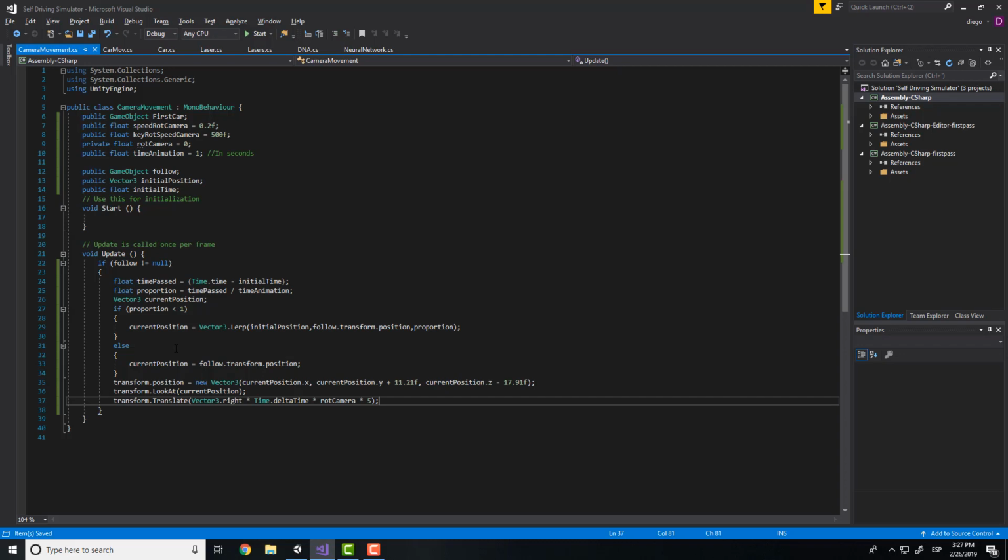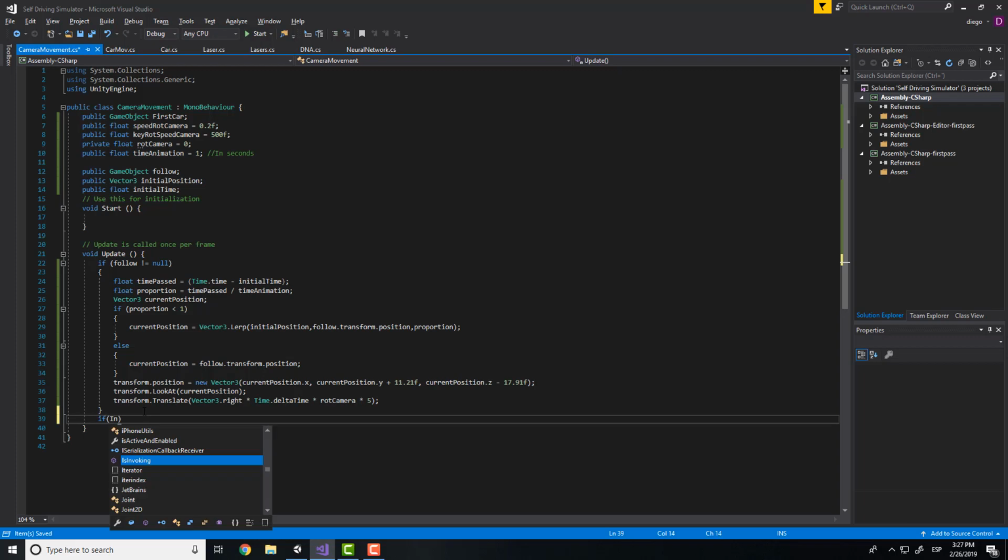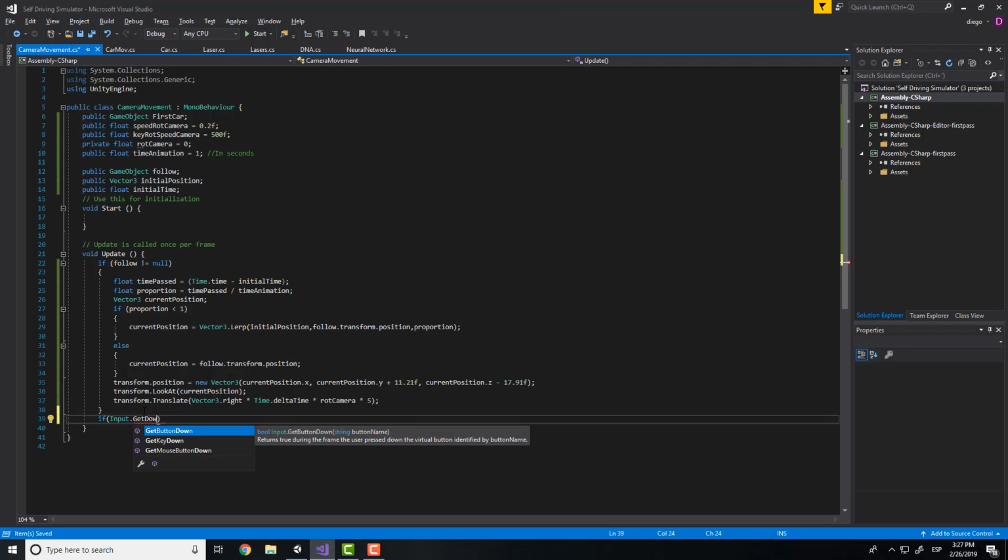Okay, and with this we have done the update, but now we'll need to do one thing more, that is for changing the car, and not do it automatically. So here we'll need to put this key down, and if we press the control key,